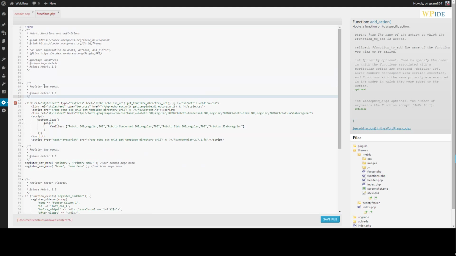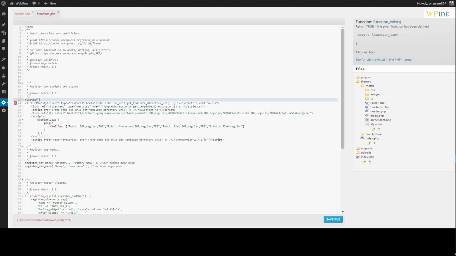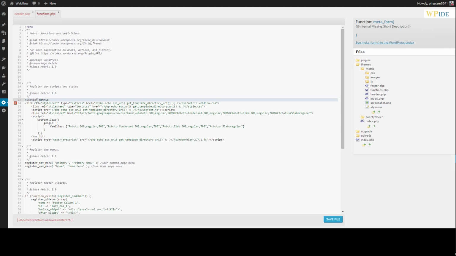and we'll call it register our scripts and styles. This is just comments that don't appear on the front end of our website, but it tells us what we're doing when we reference our functions.php. This file can continue to grow as we add functionality to our theme, but we're just going to create a new function. Let's just call it metric_dependencies,